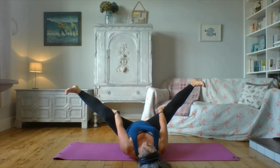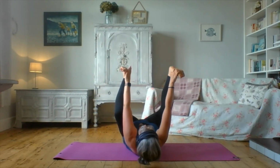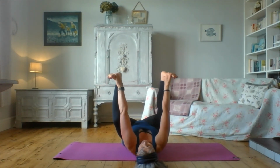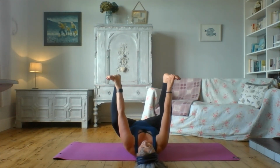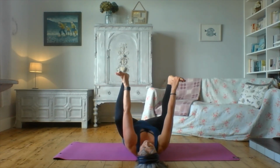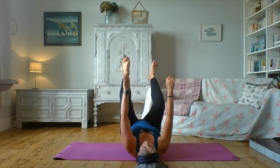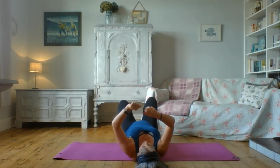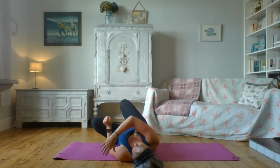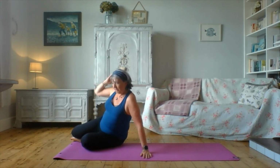And then of course, one of my favourite stretches, a happy baby stretch. So bend your knees in, hold underneath your feet. Bring your knees down, so your knees are close to your chest and you use your arms to anchor. That's a really nice stretch onto the lower back. If your back's tight, don't forget, nice little rock and roll side to side. Lift your legs, drop your knees down to the side and release down. Up you come across to the other side